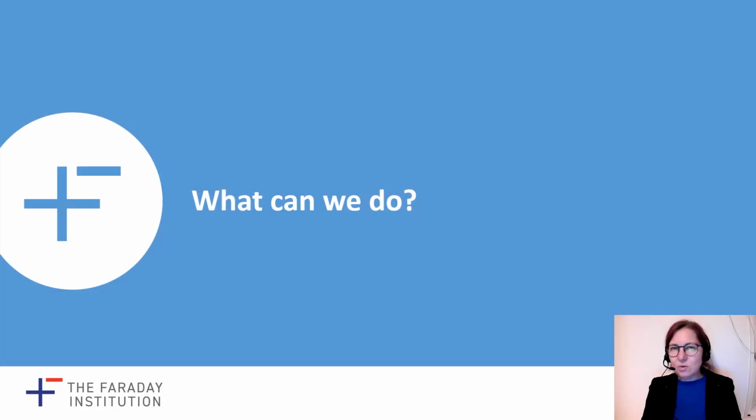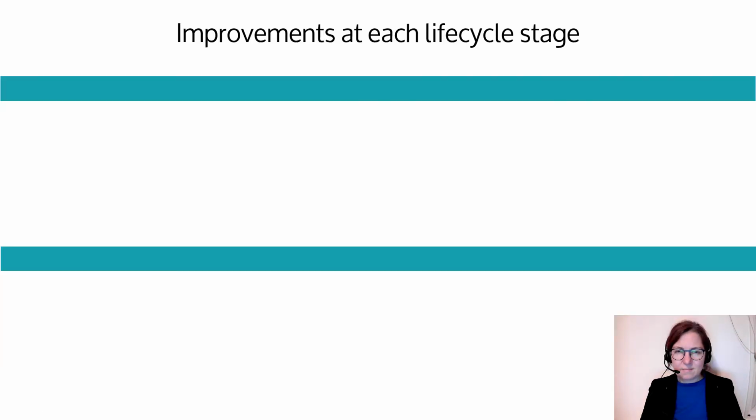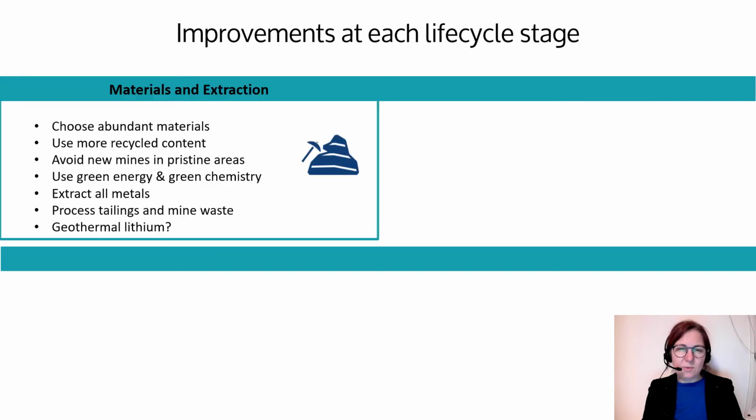So I've introduced all the problems. Now it's time to consider what solutions we have. If we consider each life cycle stage, there are a number of things we can do. For example, in the extraction stage,